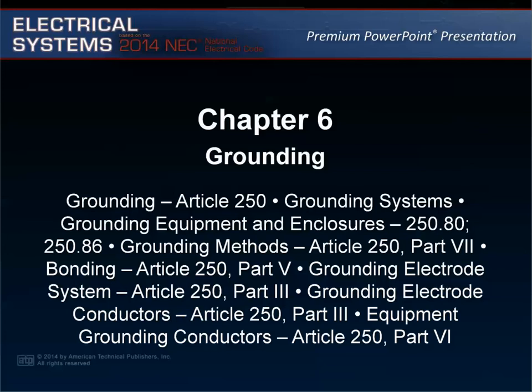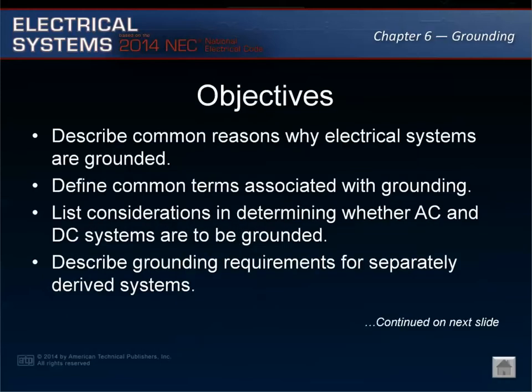Chapter 6, Grounding. A ground is a conducting connection between electrical circuits or equipment and the earth. Grounding electrical systems protect equipment by ensuring that the maximum phase to ground voltage is not exceeded. Article 250 covers grounding. Upon completing this chapter, you will be able to describe common reasons why electrical systems are